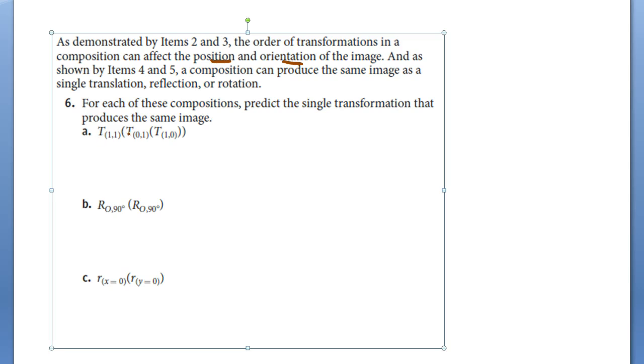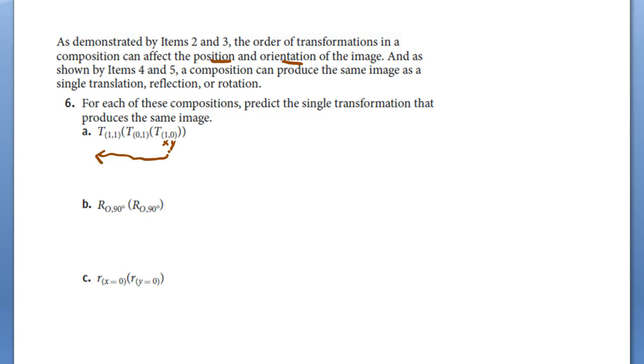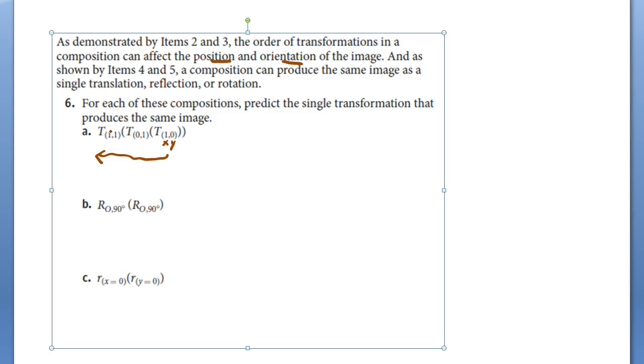We have a sequence of translations. Again, these are not ordered pairs in the case of a translation. This is telling us how to shift the x and y values of points. So let's work our way from the inner parentheses outward, or in a sense, we're working from right to left as we do these translations. So let's think about what each of these things are going to cause to happen to a figure or to a point or whatever. 1, 0 is going to cause the figure to move one spot to the right,